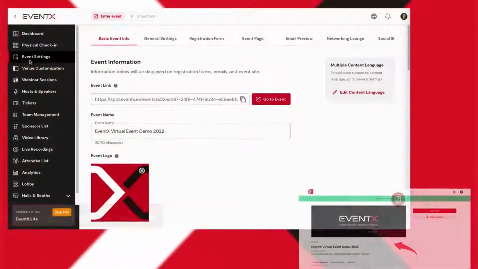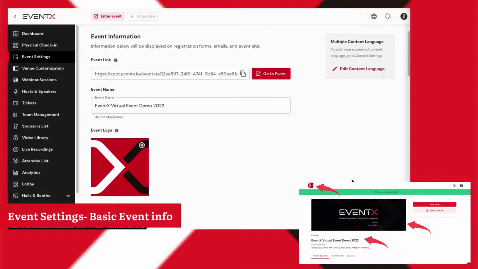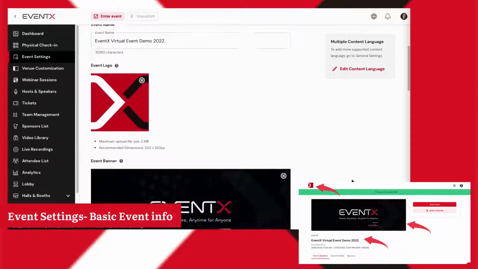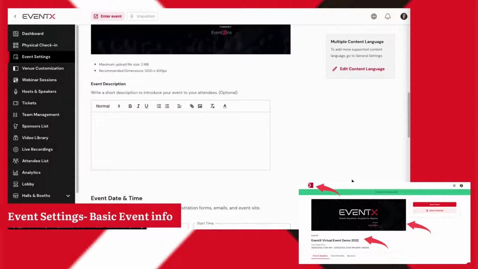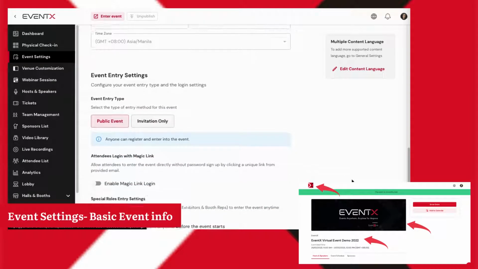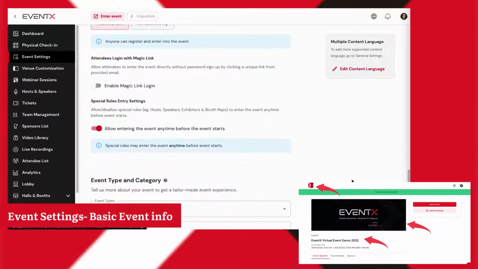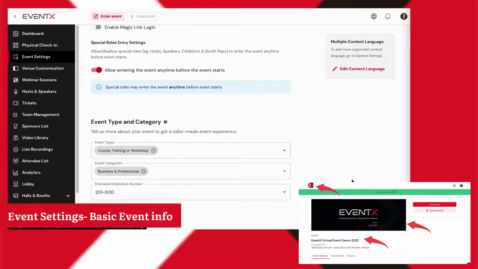Event settings, basic event info. You may set up basic information about your event on this page. The information added here will be displayed on registration forms, emails, and the event site. You will also find certain settings such as event entry settings, attendees login with magic link, and special roles entry